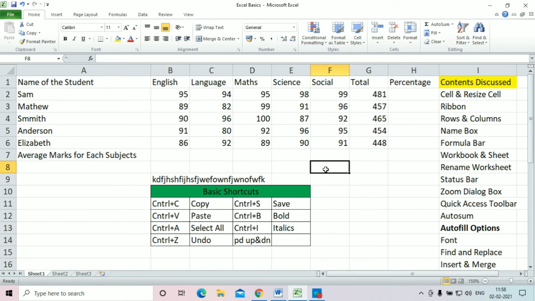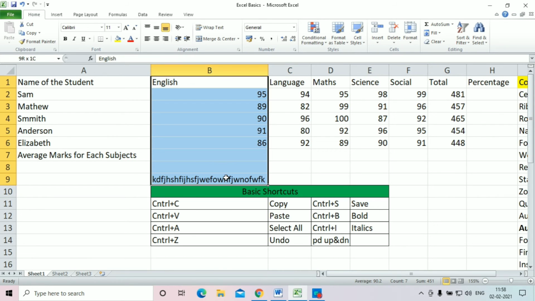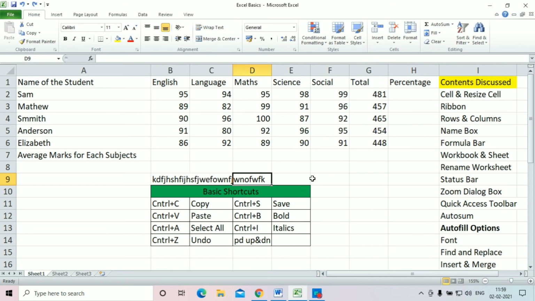The major thing is to hover over here, and you could see that a plus sign pops up, and just simply double tap that, or drag it across the entire content which you are going to add in that particular cell, and leave it. As you could see, it has been perfectly aligned in column B, and the rest of the things are just pushed aside so that it looks perfect. So let me just go back to it.